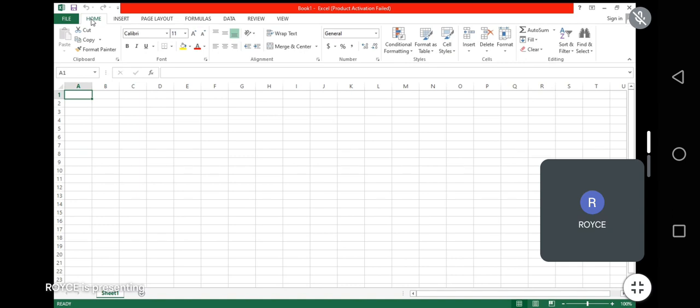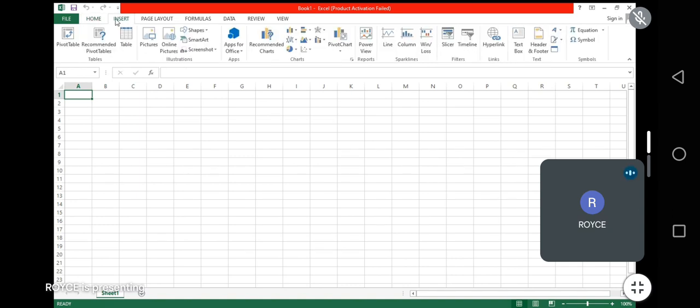Okay. Then the next one we have is the insert tab. So when I click on the insert tab, you notice that the features also change. The tools which are available there also change. Okay. Under insert, we have so much visual. If you want to create some visualization for your data, you want to add some charts, some pivot charts, some spark lines, some filters, some hyperlinks, headers and footers, some symbols, pictures, tables, whatever visual you want to add, be it a smart art or shapes,